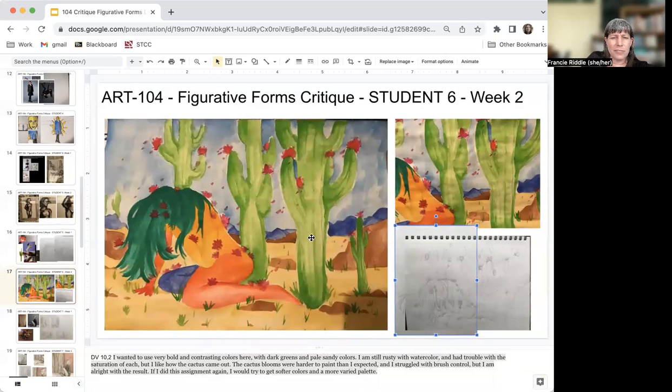It's like you were feeling the form of the cactus without the spikes. Beautiful. I love it. And if they used this assignment again,